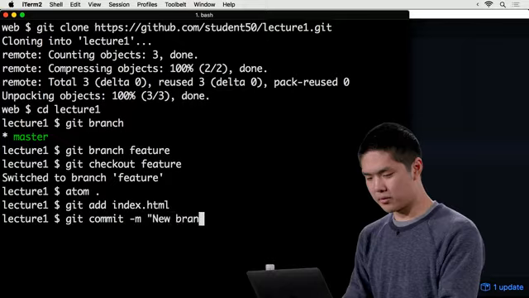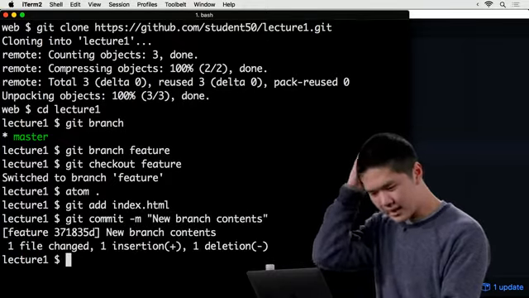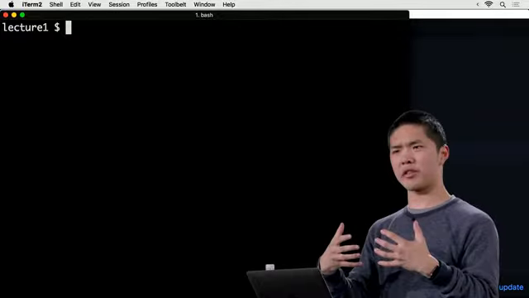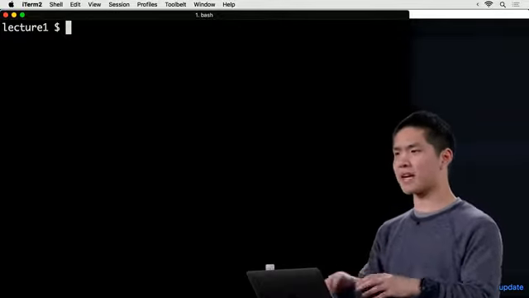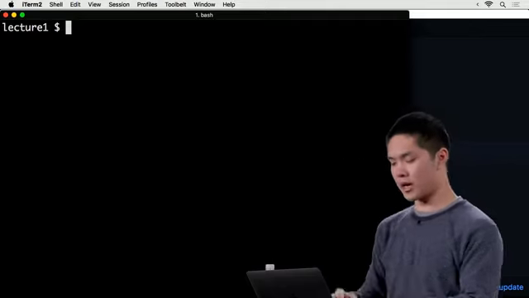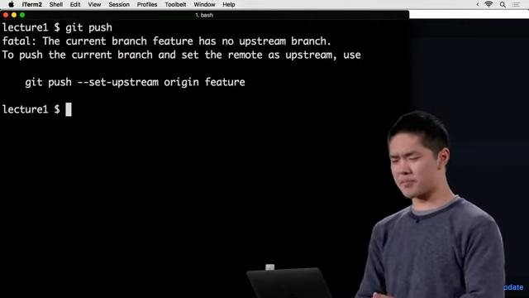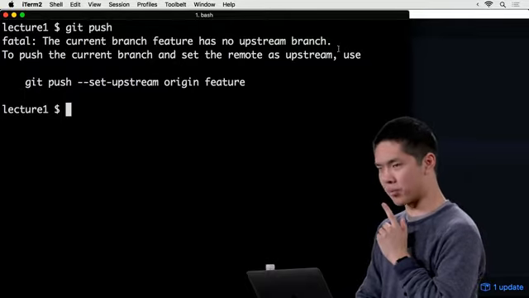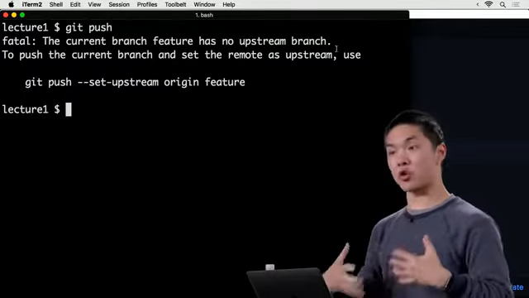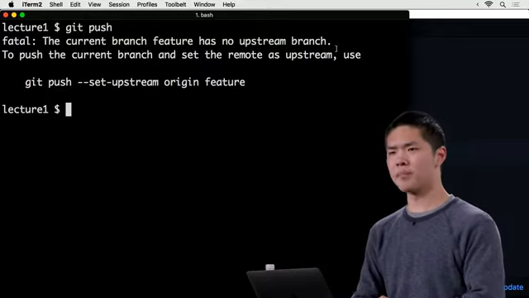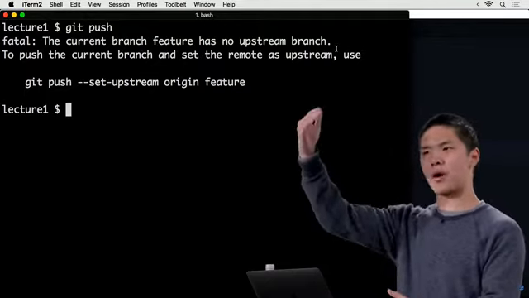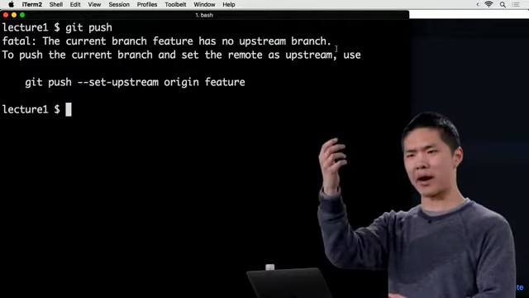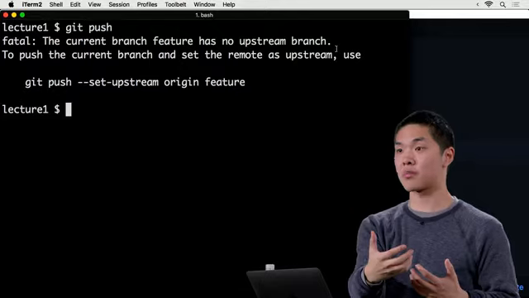So new branch contents. And now if I try to git push, remember before that git push is the command that I use to take the changes that I made on my computer and make them reflect on GitHub. You'll notice that what I get is this strange message that says the current branch feature has no upstream branch. And what that means is that I've created a new branch feature on my computer, but there's no corresponding branch on GitHub that I can push to yet. Right? GitHub only has a master branch,